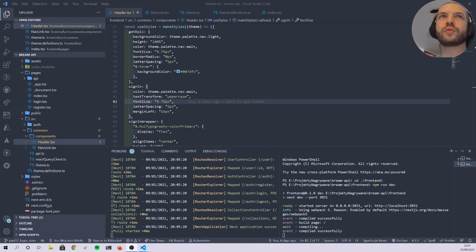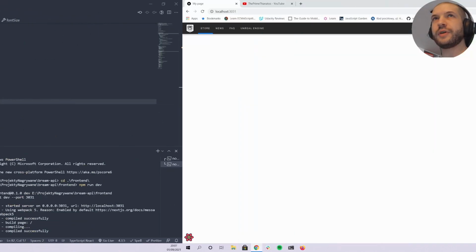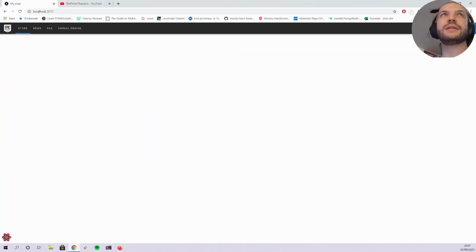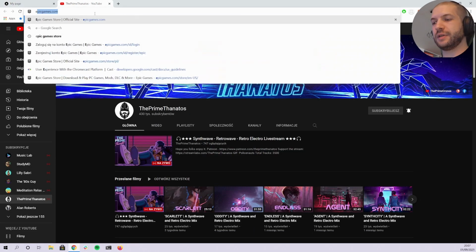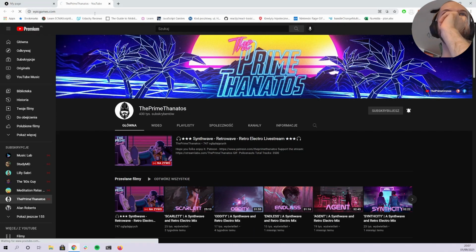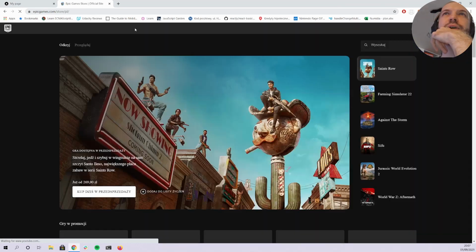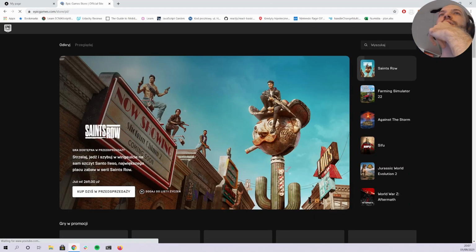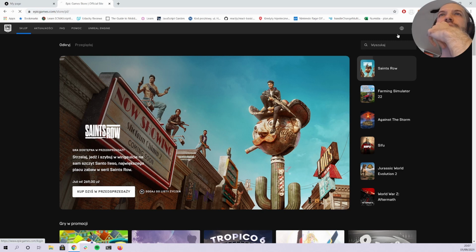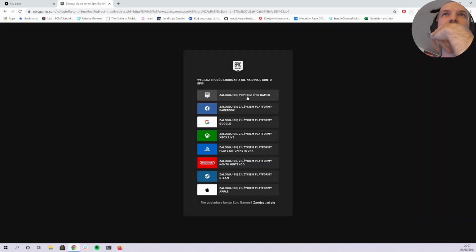This is part 12 of us building the Epic Store Games UI in React. And today we'll be finishing our navigation header. And to do that, we'll also have to bring in some kind of login management and user data, because as you can tell, there's a difference